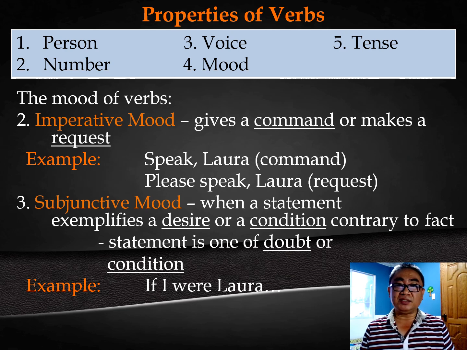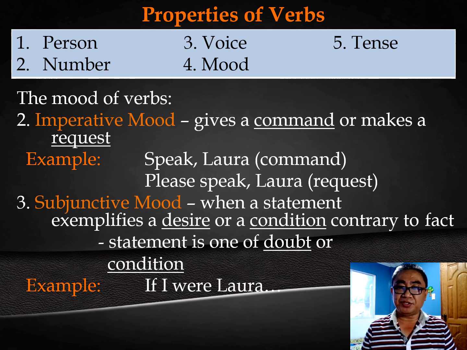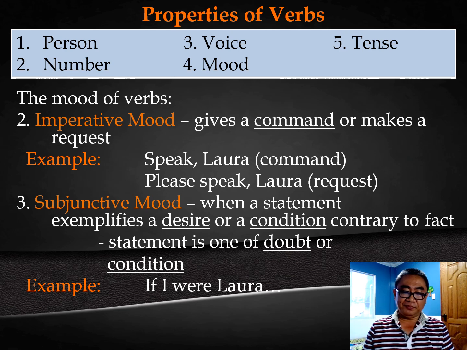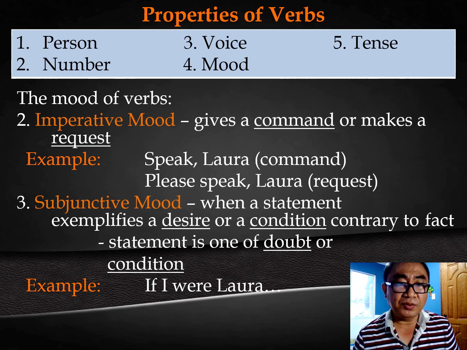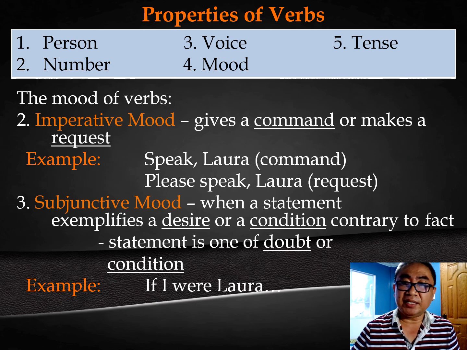Okay, we will go to the subjunctive mood, which is pertaining to when a statement exemplifies a desire or a condition contrary to fact. The statement is one of doubt or condition. For example, if I were Laura. So the subjunctive mood is a verb form used to refer to a hypothetical scenario or to express a wish, a suggestion or command, such as I suggest you be quiet. The subjunctive is one of the three grammatical moods in English, along with also the indicative mood and the imperative mood. Now, let's go to the next property, which is all about